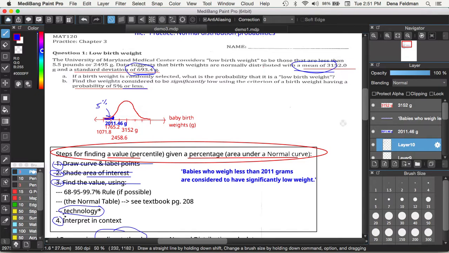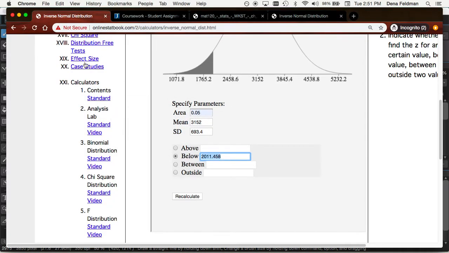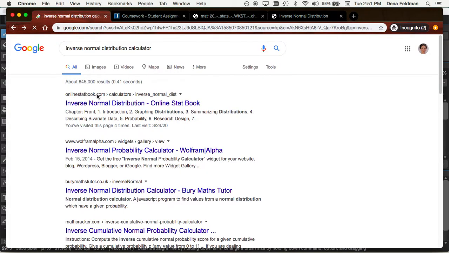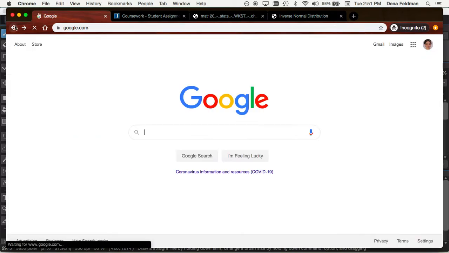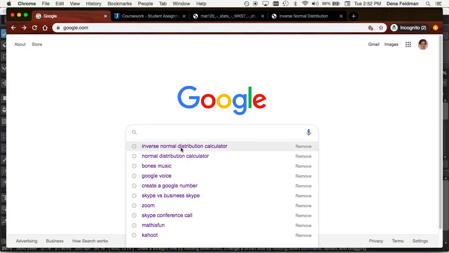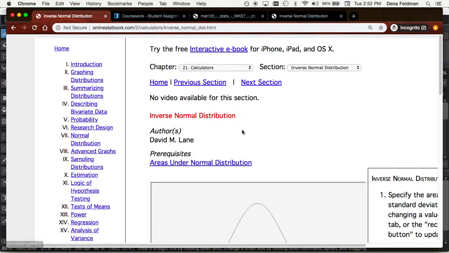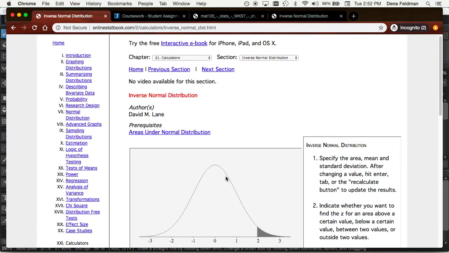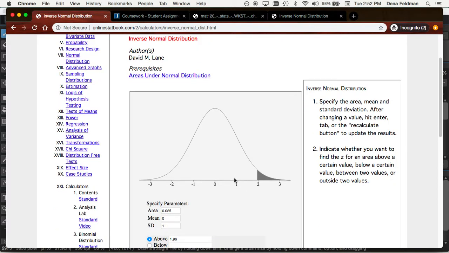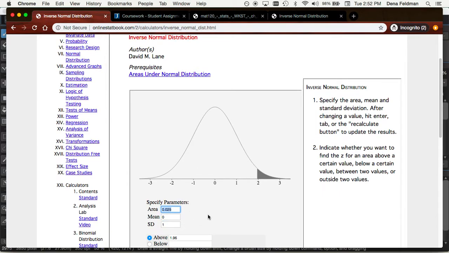And using this technology piece, again, I opened an internet browser and I typed in inverse normal distribution calculator, which you can use in many different ways. There are many different versions, but this one, when I click on it, gives me a picture as well. So I like pictures. They match up with the pictures that I drew on paper and are a good way to double check that you're not making mistakes. So I specify my mean, I specify my standard deviation, I make sure that I specify my area as a decimal, 5%, 0.05,